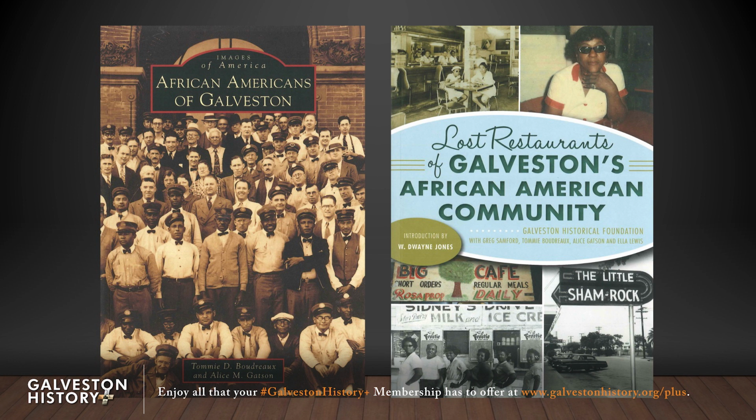The one on the right is the most recent one, which was published and available in the summer of 2021, the same May that the federal holiday was signed. We were very proud of this one because it's just as it says, Lost Restaurants of Galveston's African American Community. For years, that was one of the things that was noted for Galveston: African Americans had the best food and wonderful restaurants. Dating back to the 1920s, you could find in the directories, if they were for African Americans and their businesses, there would always be a C. So we were able to